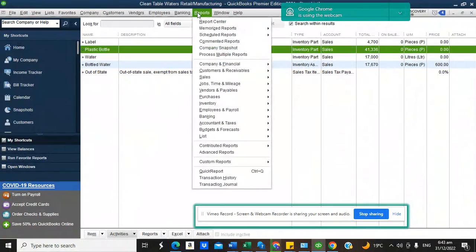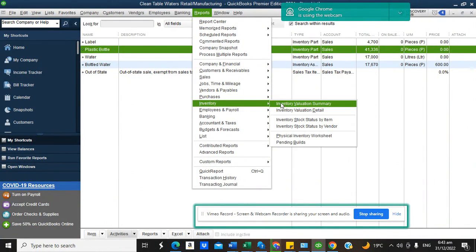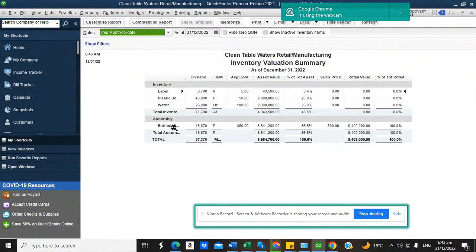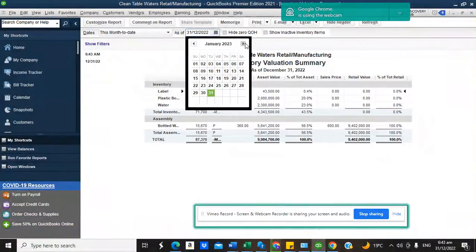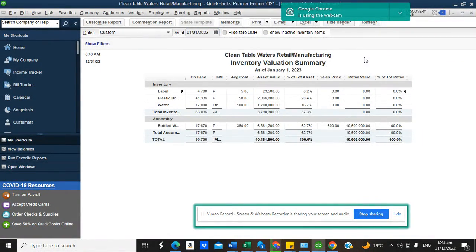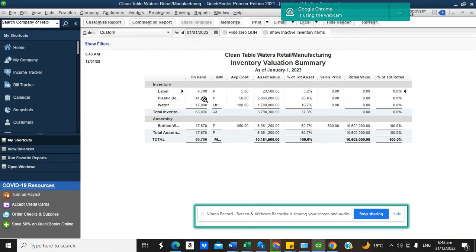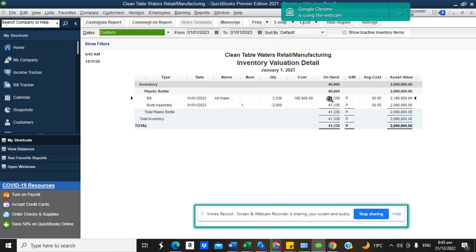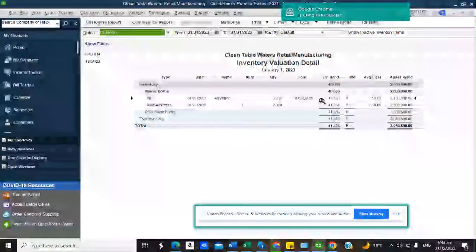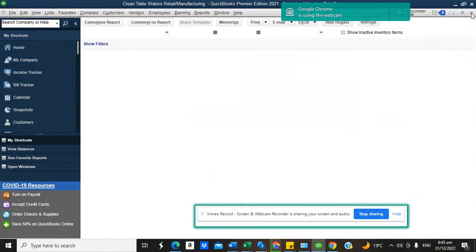So let's go back to our report and then inventory reports. So you can see that our plastic bottle has increased to 15,670. Let's run this report as at 1st of January. Okay, so you can see right here, our plastic bottle is now 17,670. You can see initially this is what we had before, and then we have used 2,000 to manufacture 2,000 units